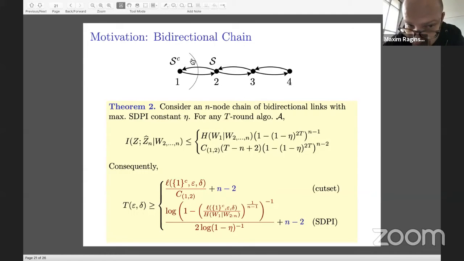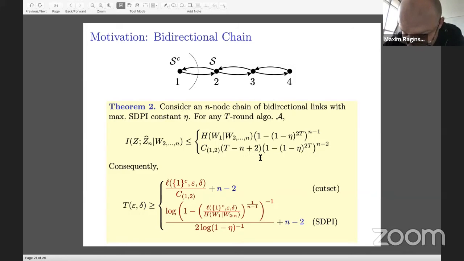Let's say I look at the cut where I'm looking at how the information spreads between nodes 2, 3, and 4. Here in this network, you see node 1 has to send information about its input to node 2, and then node 2 has to propagate that information to 3 and 4. So we're looking at this from the viewpoint of nodes 2, 3, and 4. Right? So here the idea is that